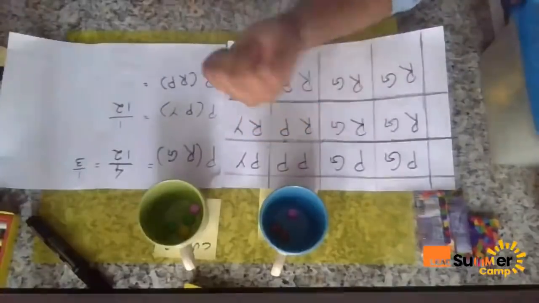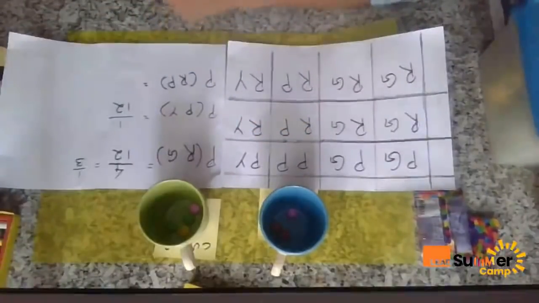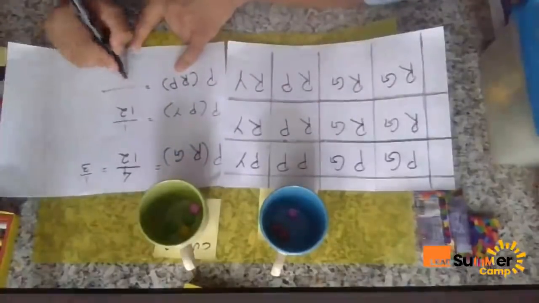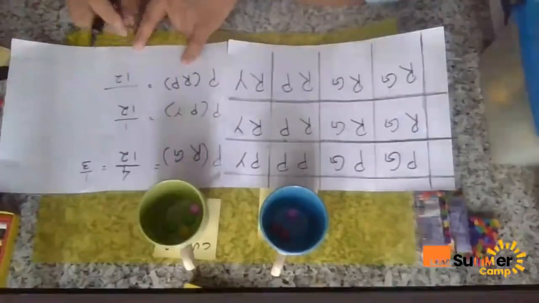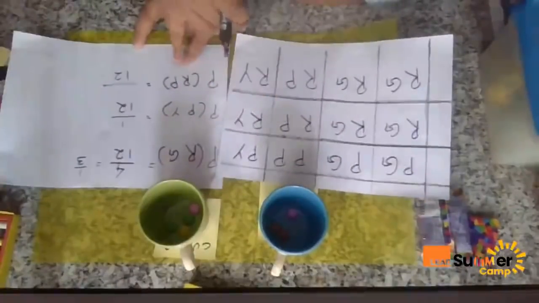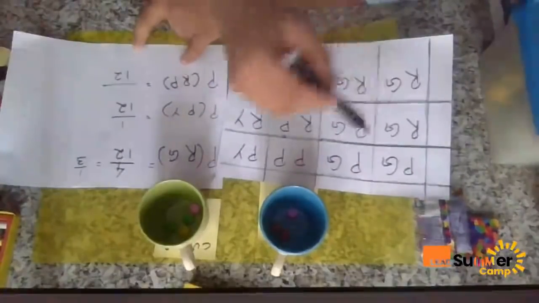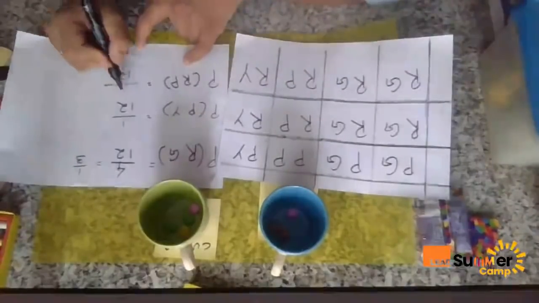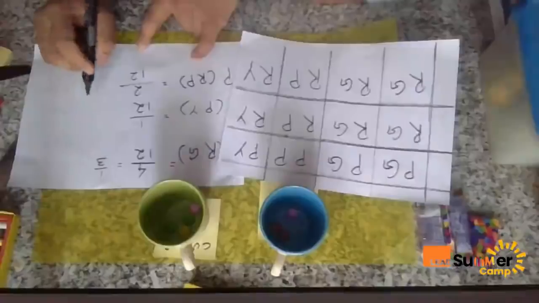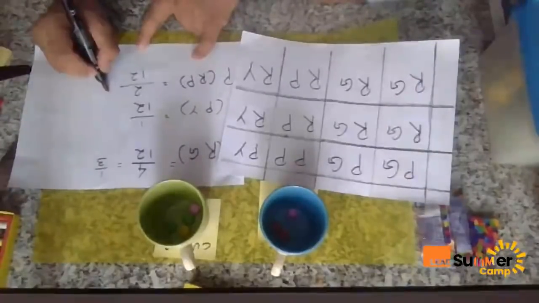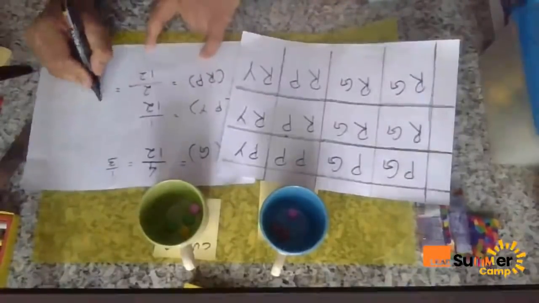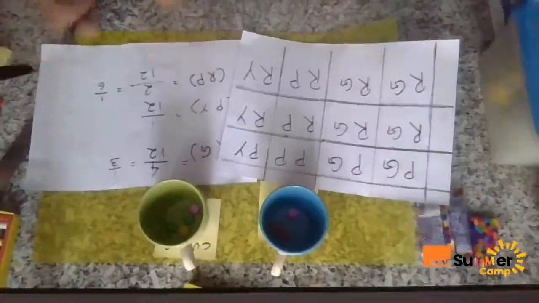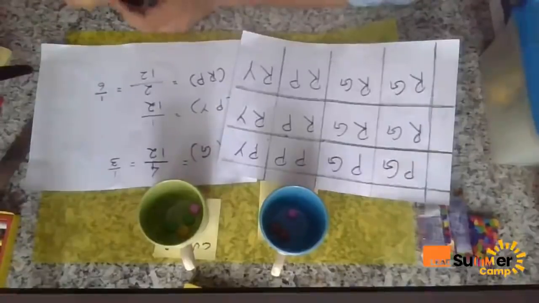Okay, were you able to answer this, students? Let's see. So the total number of squares in our area model is 12. Let us see how many red and pink combinations we have. So we have 1 and 2. So this gives us a probability of 2 over 12. If we simplify this, we get a probability of 1 by 6. Great.